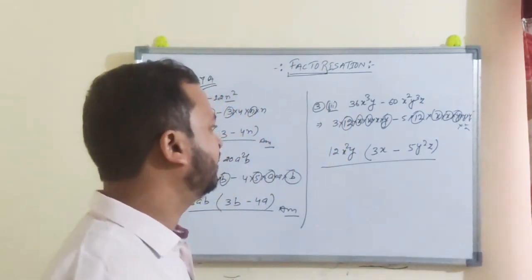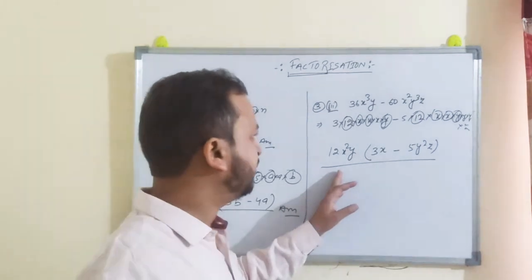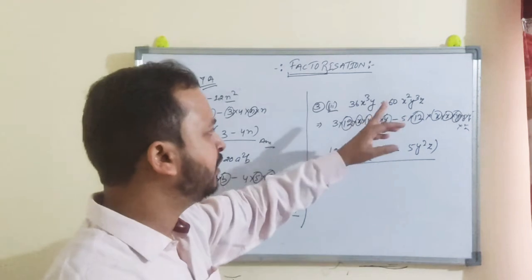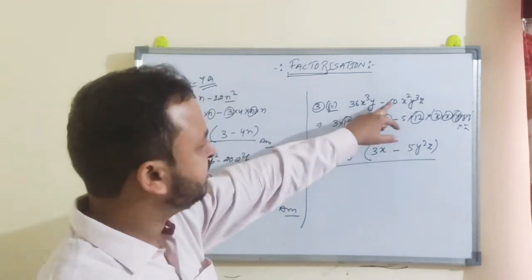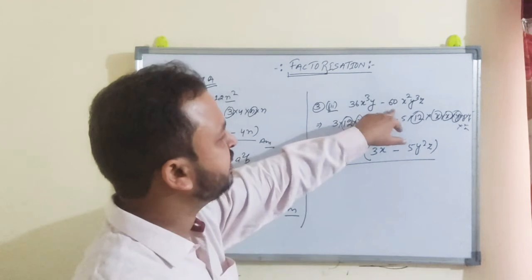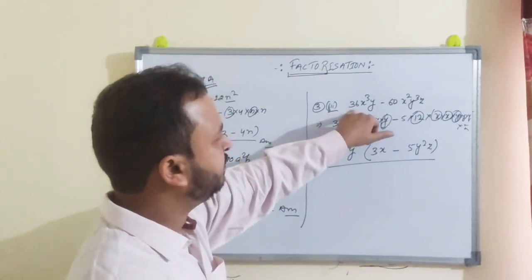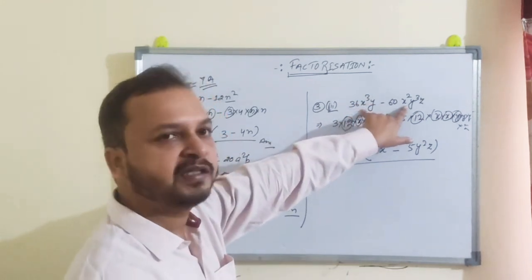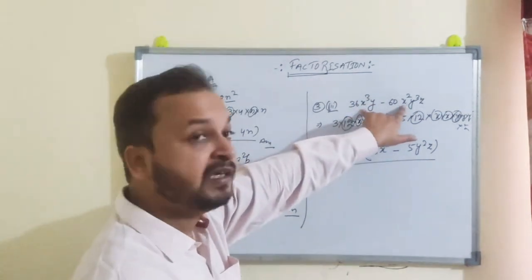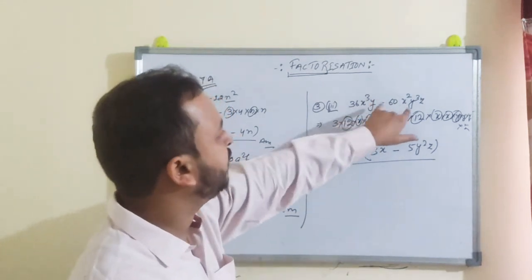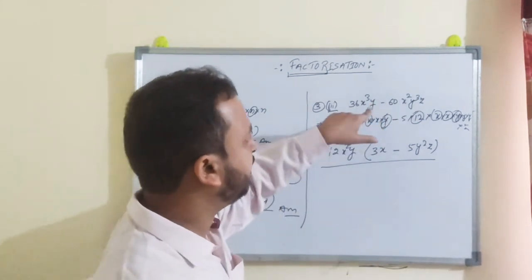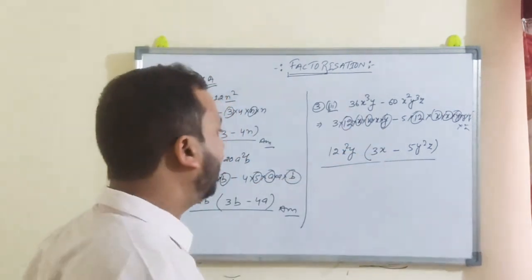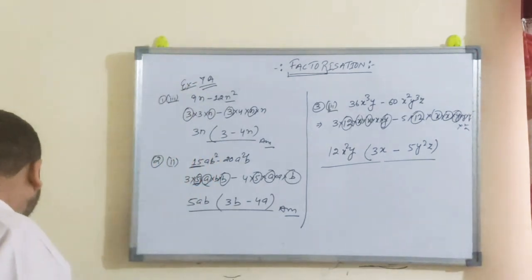And when you solve many questions, if you practice a lot of questions, you can do this mentally, right? Just take it that 36 and 60. So 36 is going to be divided by 12, so 12 3s are 36. And here x cube, we should take the less part common, HCF we are going to take. So x square, and here x cube, so we can take x square common. Here y and y cube, we can take y common, and that is the rest part, right? After taking the common. So this was question number 3.